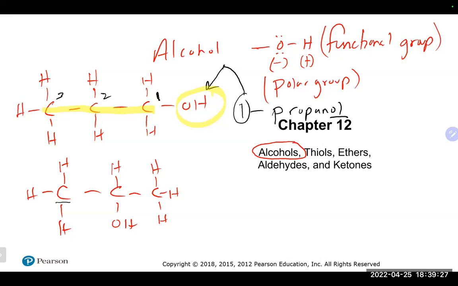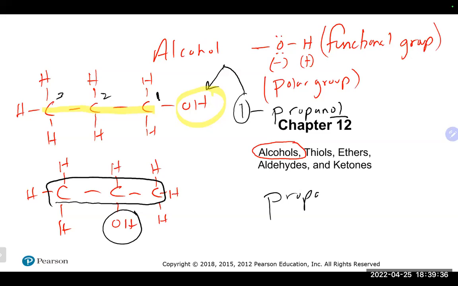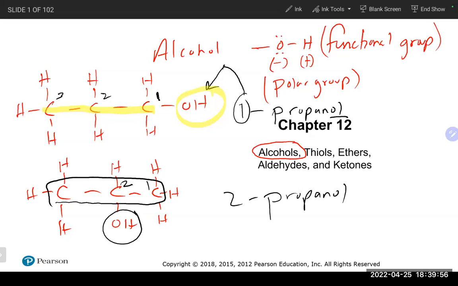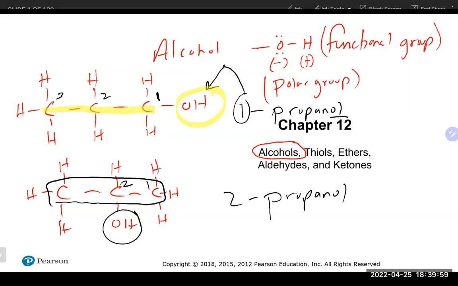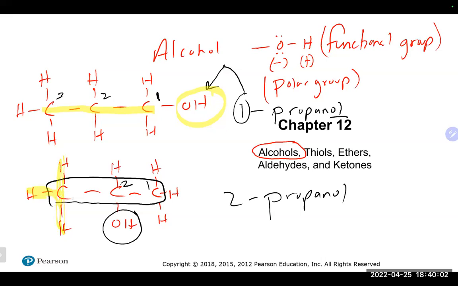If we look at the bottom guy, this is also 3 carbons that has the OH group attached to it. So propanol. 1, 2. Actually, no matter which way you go, you have 2-propanol, also known as isopropyl alcohol, also known as rubbing alcohol, because that is the same 3 names for the same thing here. Why is it called isopropyl alcohol? Because it actually has the isopropyl group we talked about earlier. That is CH3, CH, and CH3. So that's the isopropyl alcohol, sometimes called.